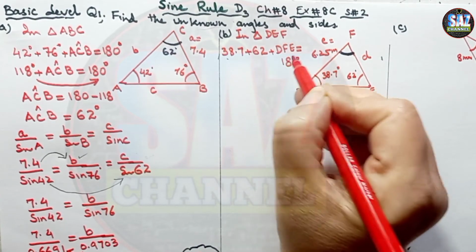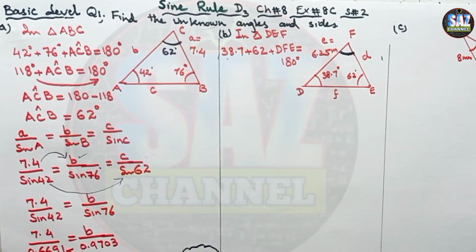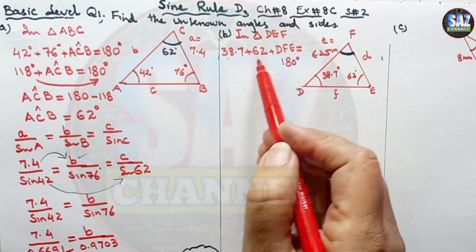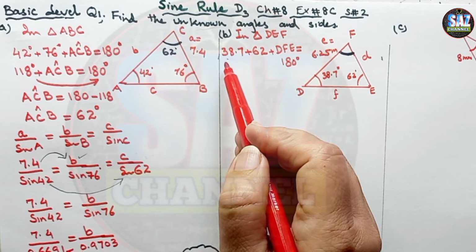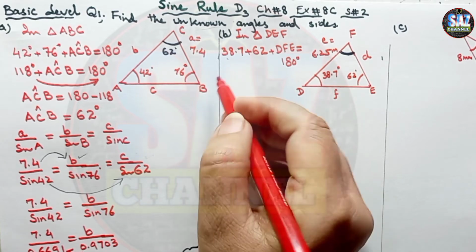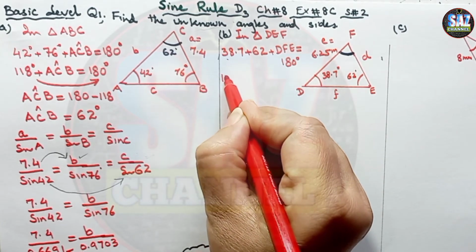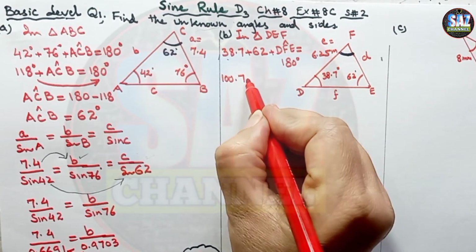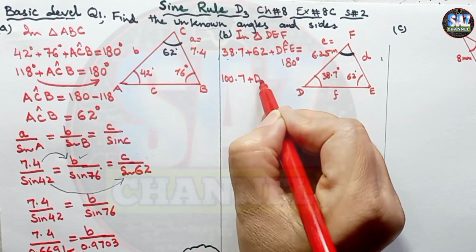Now we have to quickly add up 38.7 plus 62, and this gives me 100.7 plus angle DFE